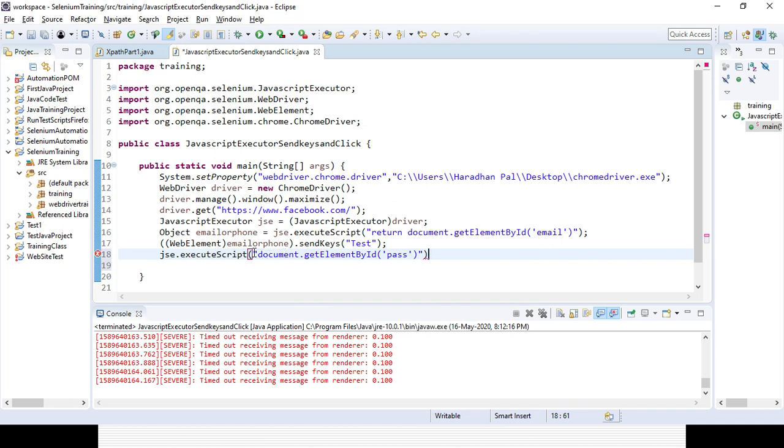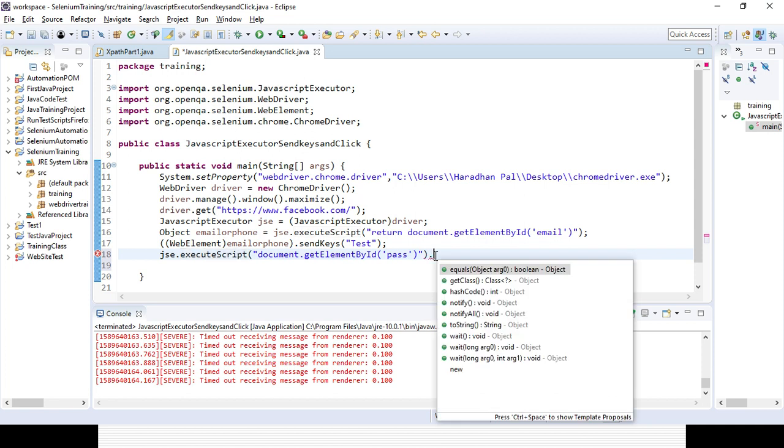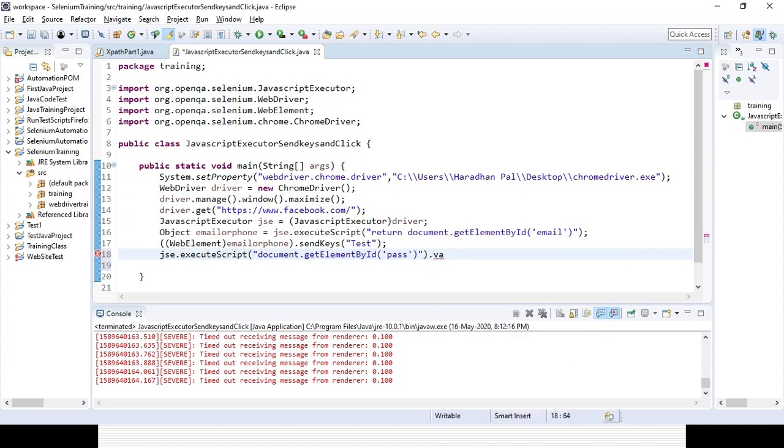Here I am not returning anything. I am using the JavaScriptExecutor object reference, then the executeScript method, document.getElementById, then dot value, as I need to enter the value directly. First, we need to close the document part.